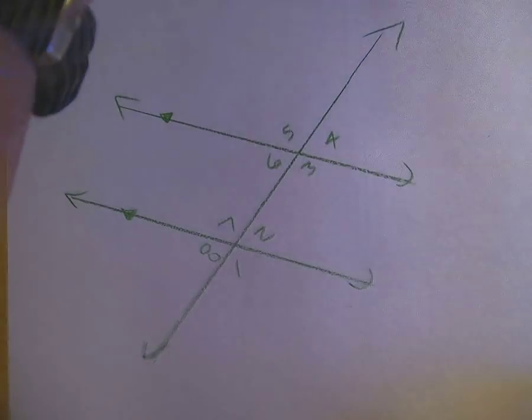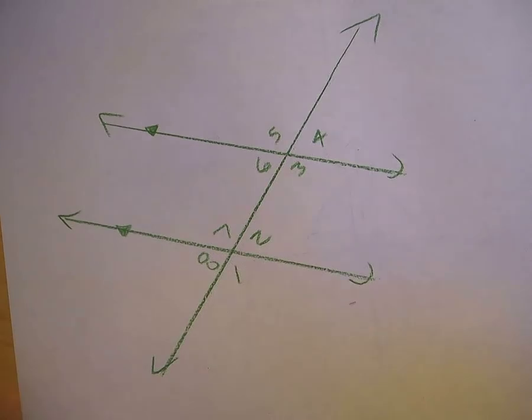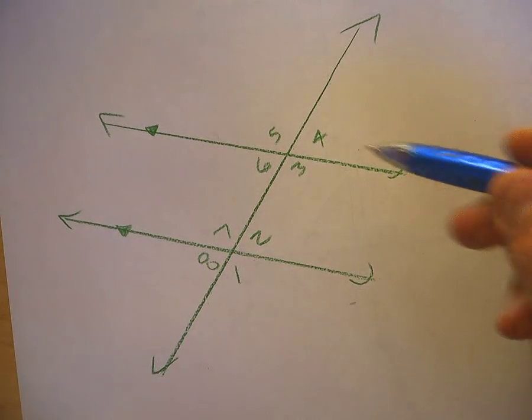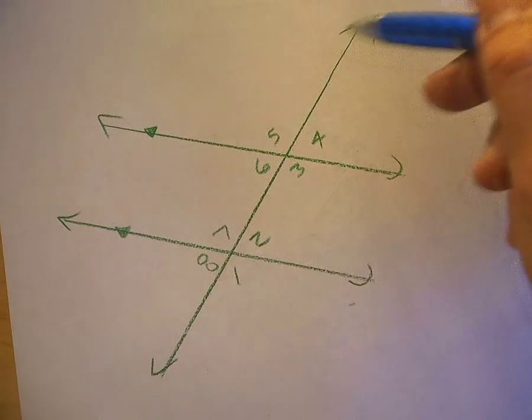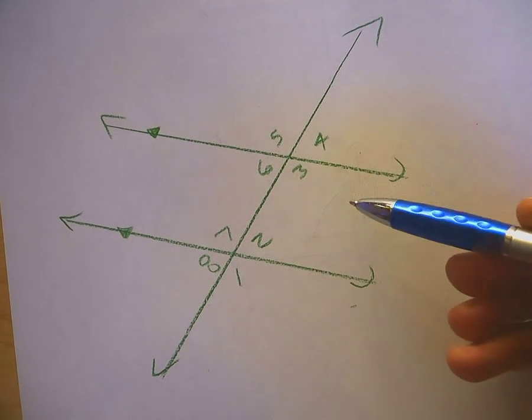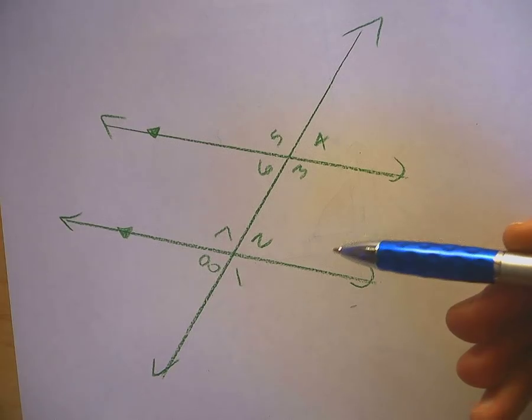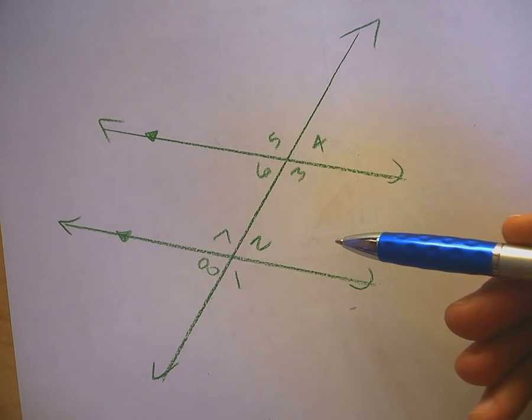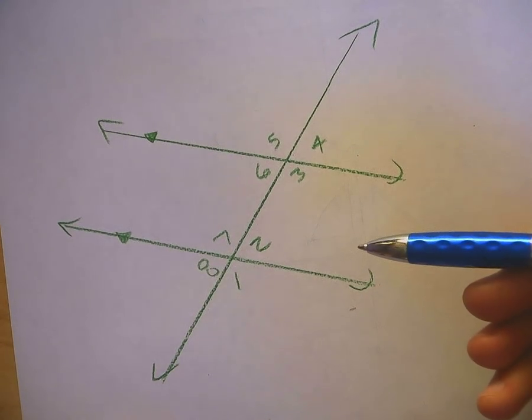So we'll start with a new sheet of paper, and we're going to talk about these angle measures, assuming that these are parallel lines. This is a transversal that cuts through the parallel lines. Now the numbers will probably not be numbered the same on the exam, so don't memorize the numbers, memorize the positions. That's what you need to know. So we'll start with